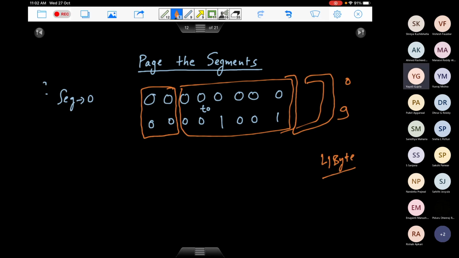So we need 2 bits for offset and the remaining bits for page number, right? So these last 2 bits will become the offset and the rest will become the page number. What you have done is this entire segment, so this is 2 here, right? You have a lot of addresses here from 0 to 1001. Corresponding to all those addresses, the last 2 bits will tell you the particular offset of that page, and the first 4 bits in this case will tell you the page number.